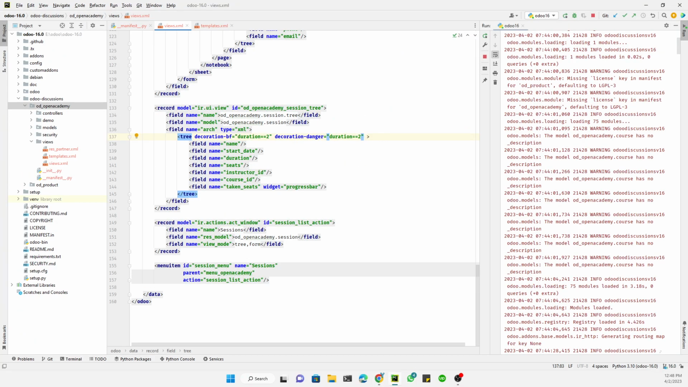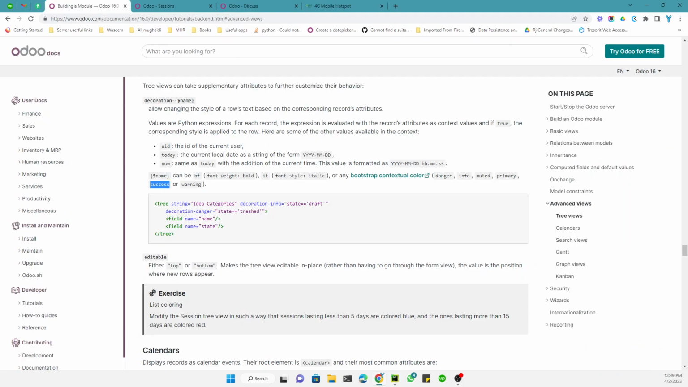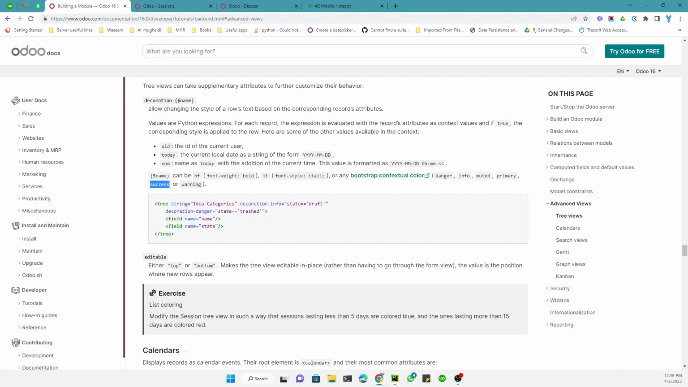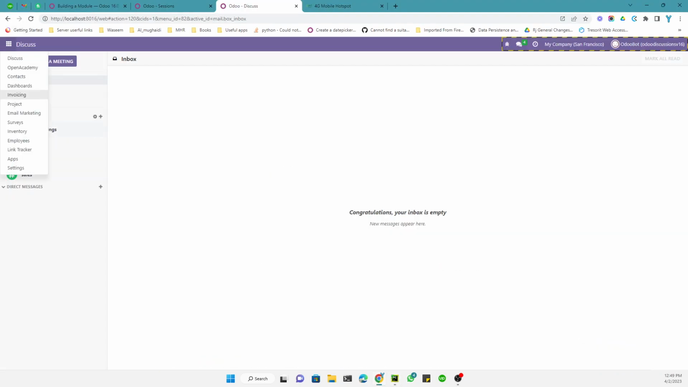Decoration success, and here we want to add, if the start date is equal to today, like this. So this is how simply you can use it. If start date is equal to today date, then make it decoration success. Okay, so let me try to upgrade the module,